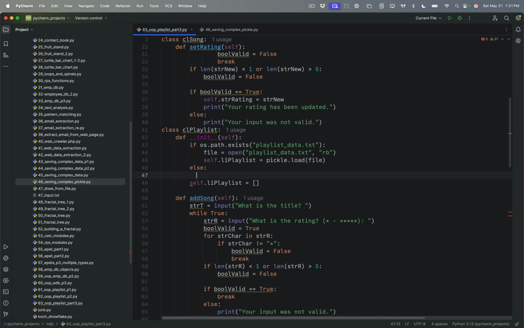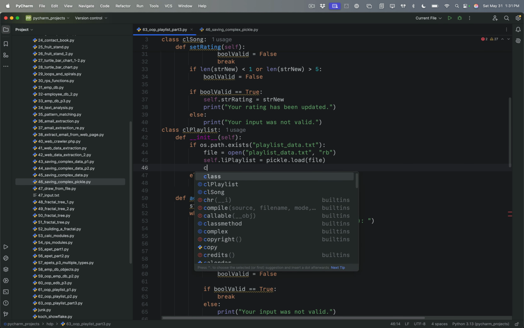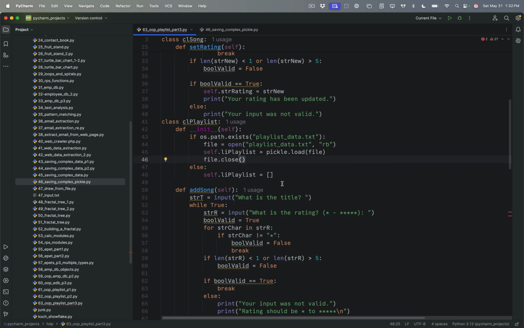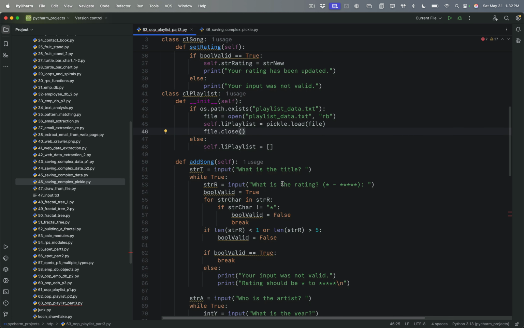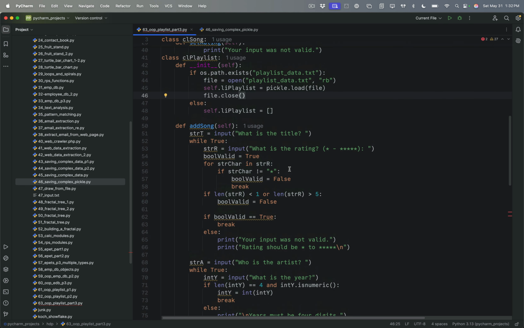Else, self.li_playlist equals an empty list. We got to make sure we close that file when we're done. So we're going to say file.close. And this saves that data as a list and loads it and saves it from within that class. So that's a nice, clean way to do it because it's all automatic. We don't have to change anything about that class now. And